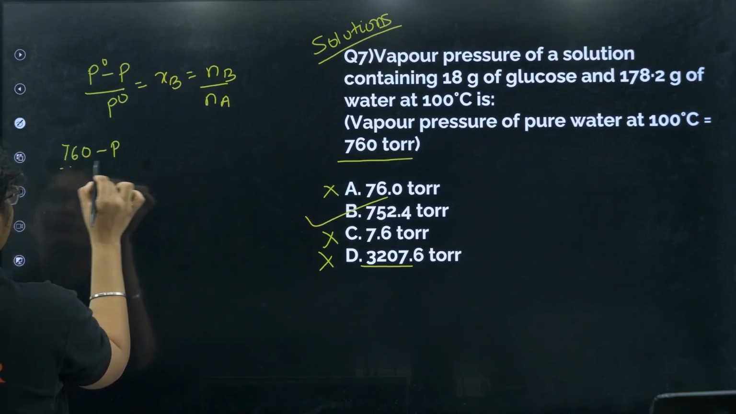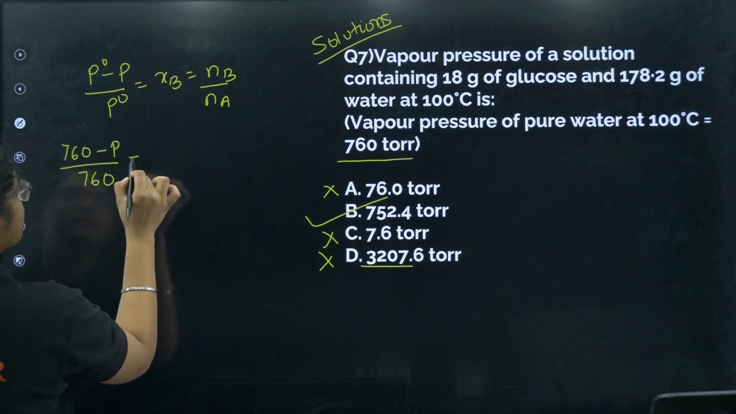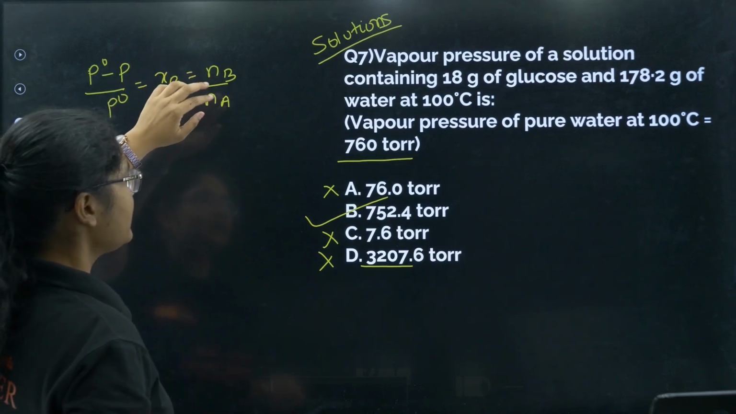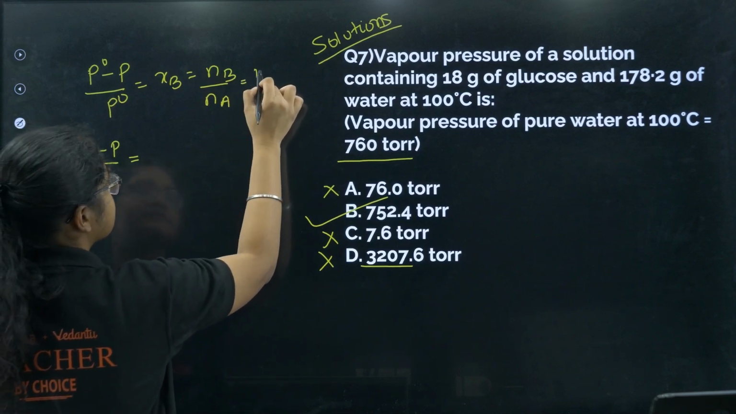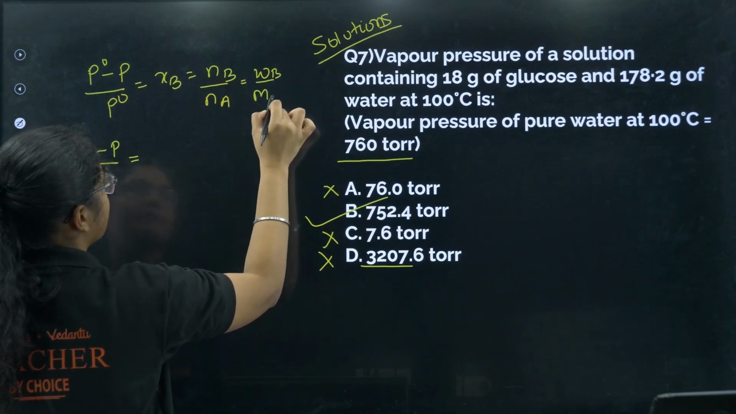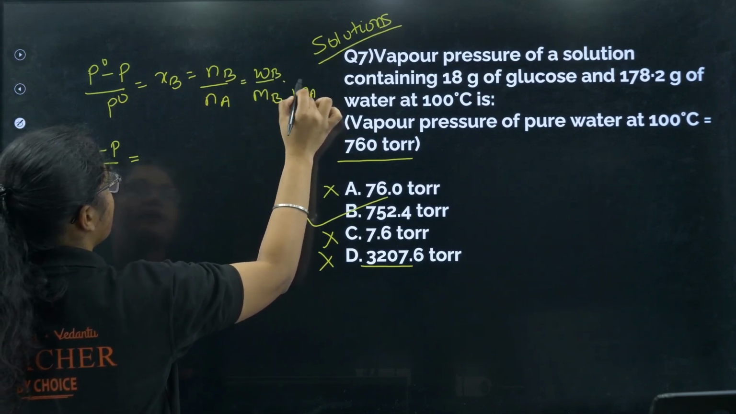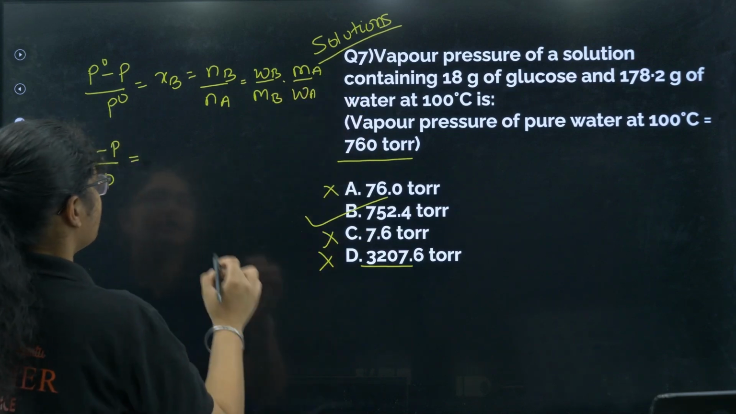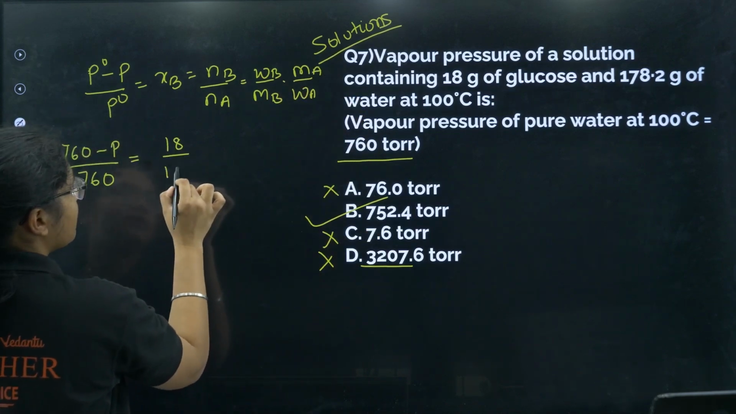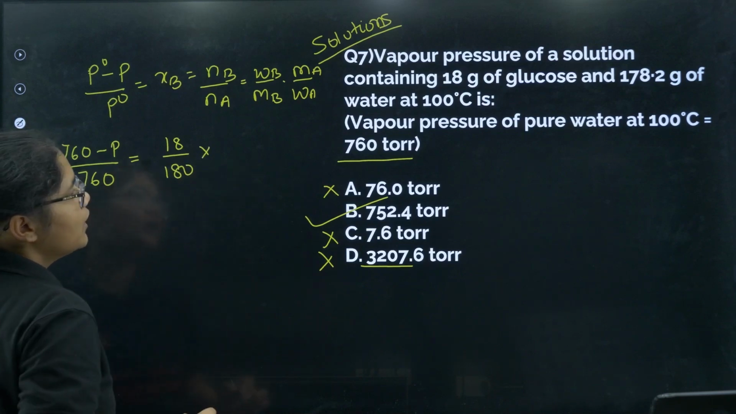(760 - P)/760 is equal to, what is NB? NB will be the number of moles of B, right? So I can write it as WB by MB into WA by MA. Okay, so what is the WB value here? 18 by 180 into